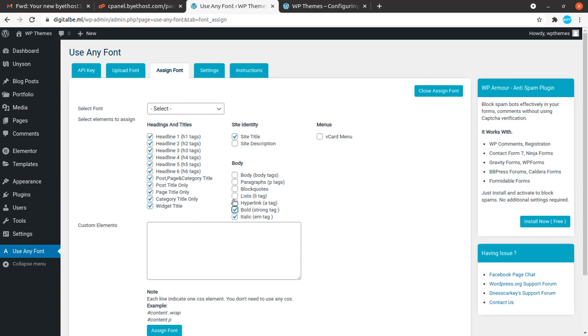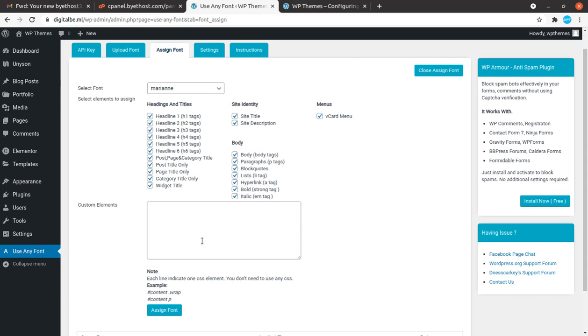Just in case if you want to change the font of the complete website, you can select all, and here you need to select the font which we have uploaded. And custom elements you can use, so one CSS element you can put in each line, and in case you want to apply these fonts to things like wrapper, you can use the custom elements.